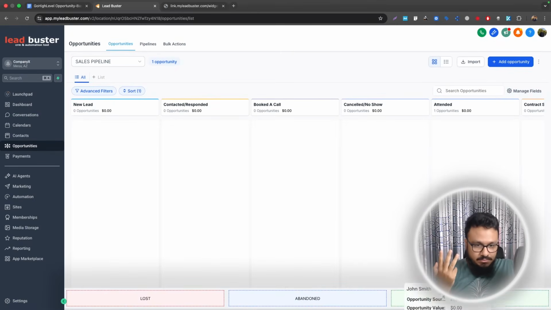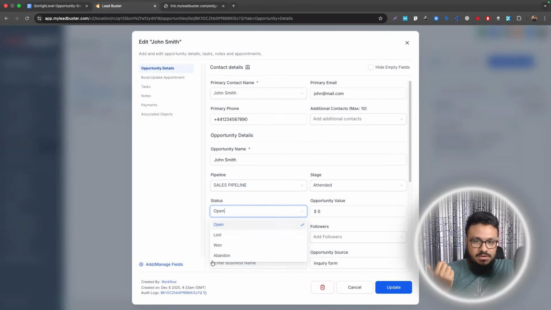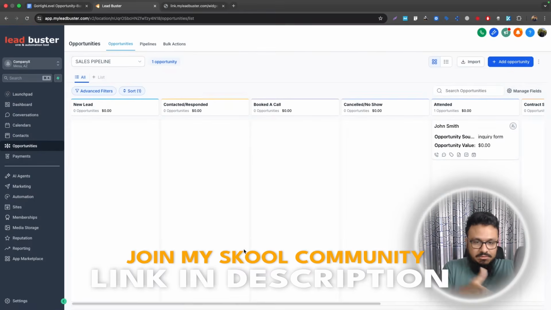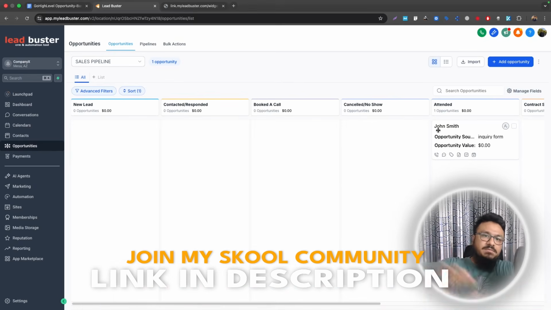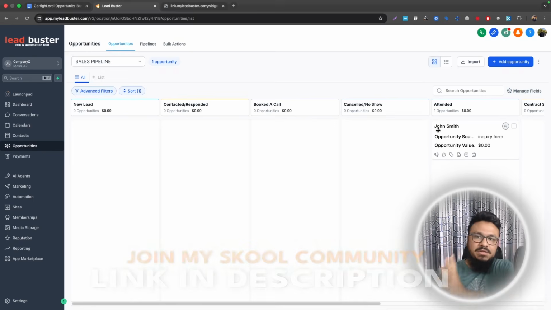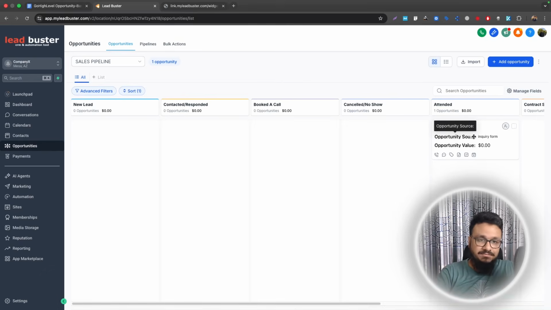either to move them to one, move them to abandoned, or move them to lost, so that you can do it from here as well. Now, if you do it from here or you drag them to any of those statuses, doesn't matter, the same thing happens in the backend. You can perform automation. In my case, if we move someone to lost, we want them to disappear from this pipeline and then get added to another pipeline called lost, or get rid of that lead forever. Because if we mark someone as lost, there's no point in keeping them in the system, let alone in this